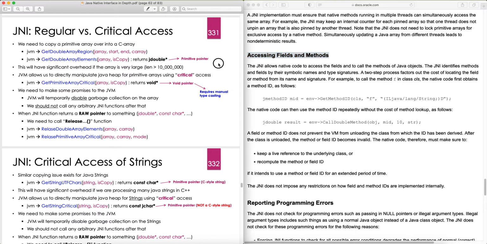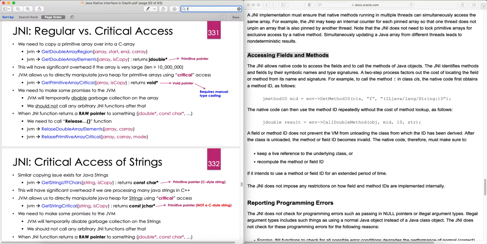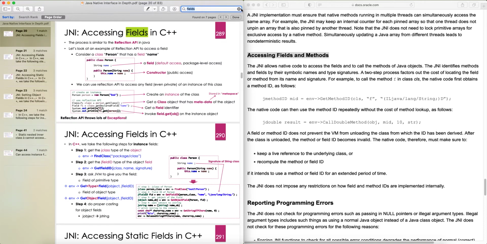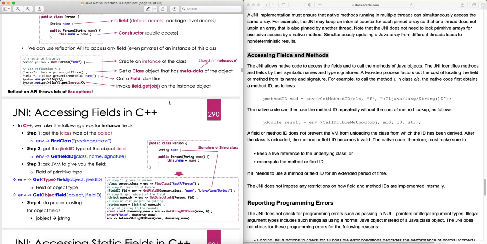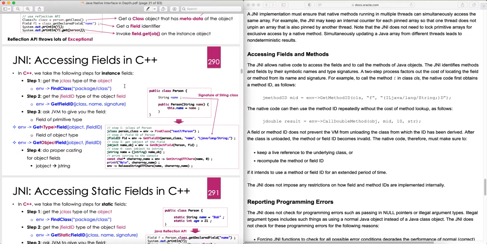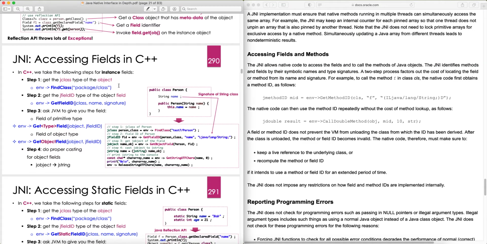Accessing fields and methods. So let's go to fields. And we said that again, the mechanism is pretty much identical to Java reflection. The JNI allows native code to access the fields and to call the methods of Java objects. The JNI identifies methods and fields by their symbolic names and type signature. All right, so a field has a name, and first of all, if we want to access a field of